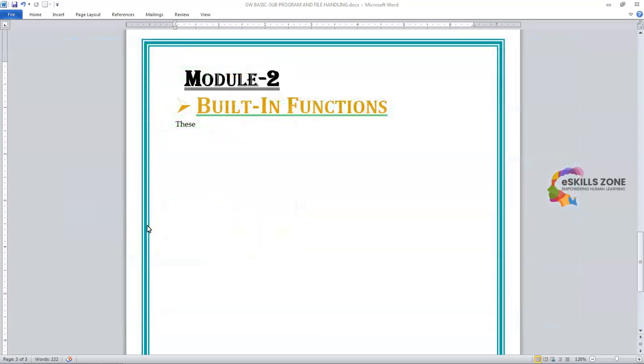Today in this video we will discuss built-in functions in GW BASIC programming language. So let's start. Built-in functions, we will write about that these functions